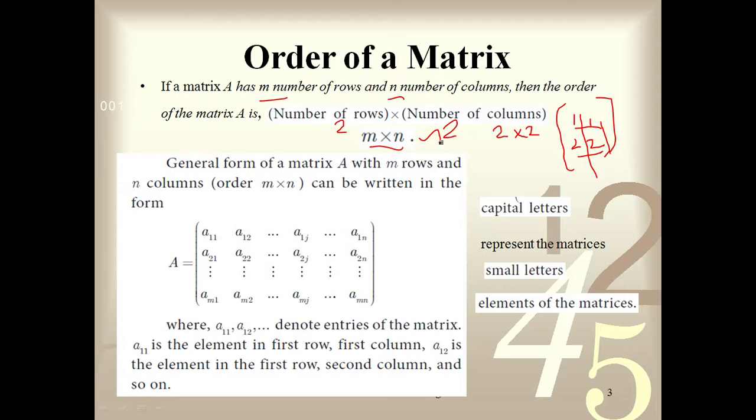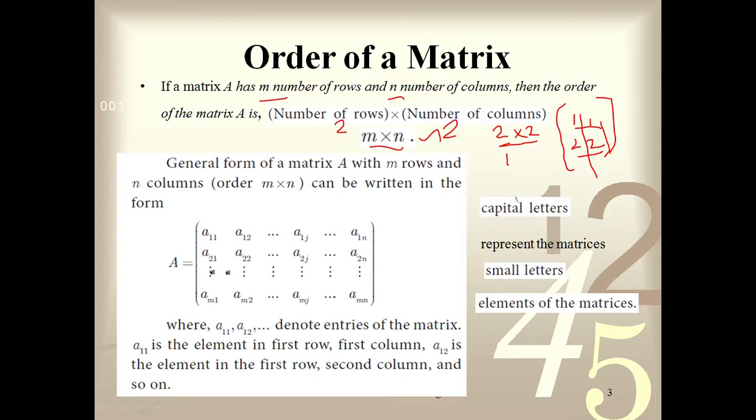This 2 cross 2, don't call it as cross, that is into, call it as 2 cross 3, 3 cross 3, 3 cross 1. It might not be that this m and n should be equal, it may vary. It may be 1 cross 2 or 3 cross 1 or 4 cross 2 or 4 cross 4, anyway. Now they have given the general matrix structure, how to write.